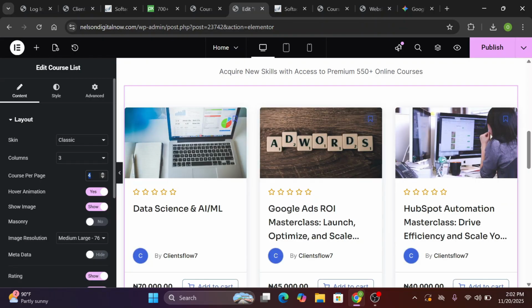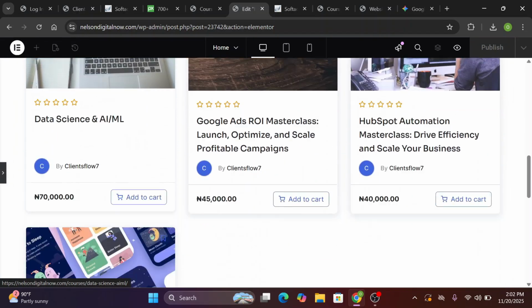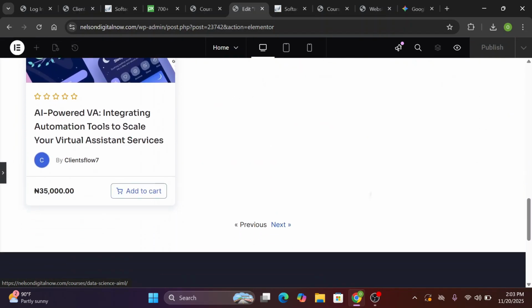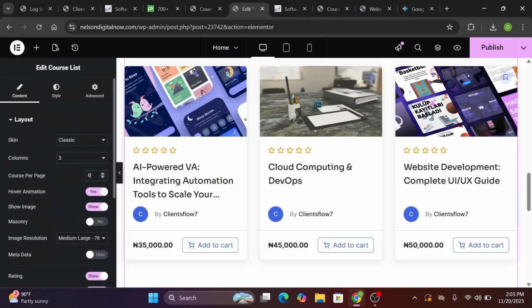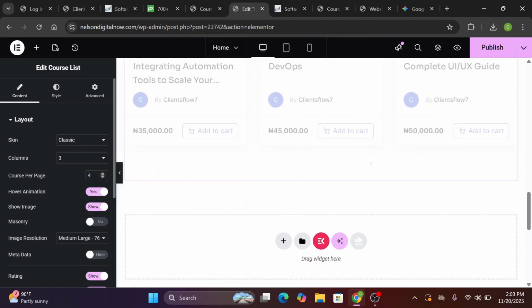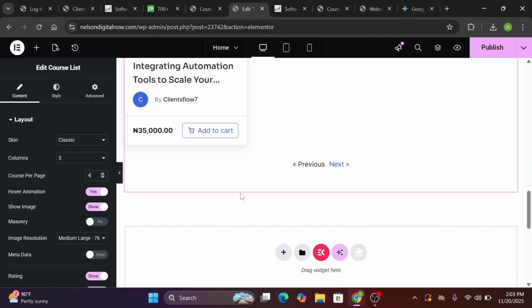Now, cost per page. This means if you select four, right, it's going to display only four or six right here. It won't display more than four, right? And it's going to show the previous and the next button. So we want to leave it at 6. Now to hide the previous button, remember when we selected 4, it showed this previous and next button. If you want to hide this, you can